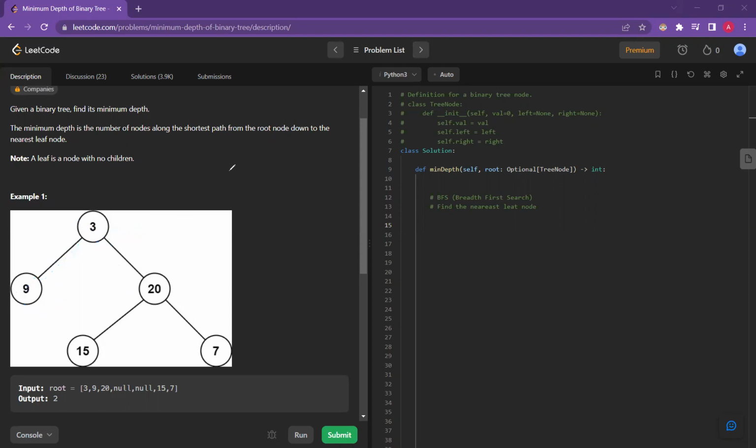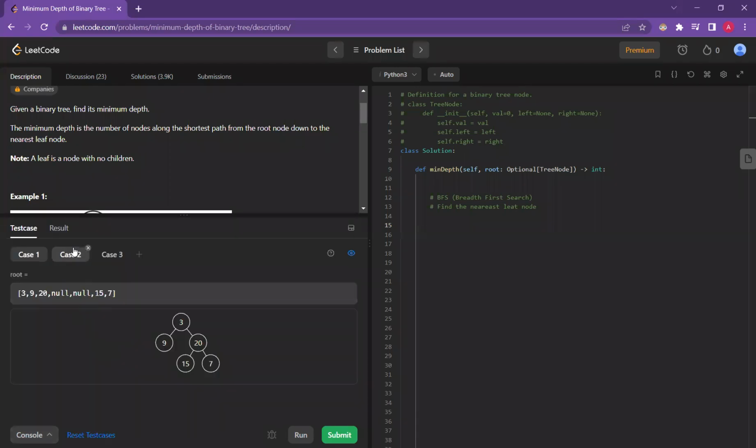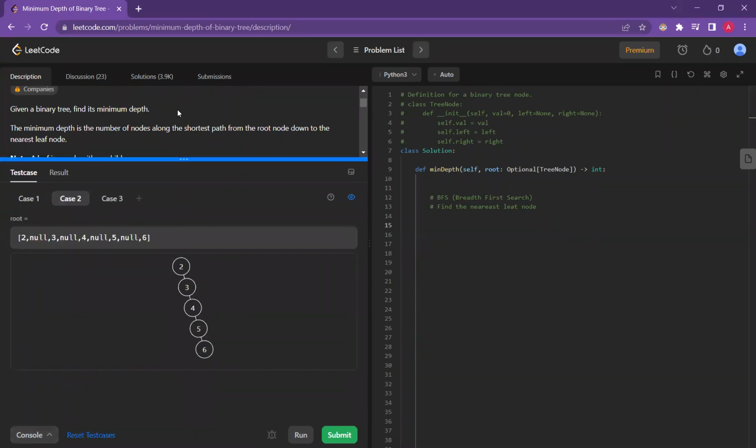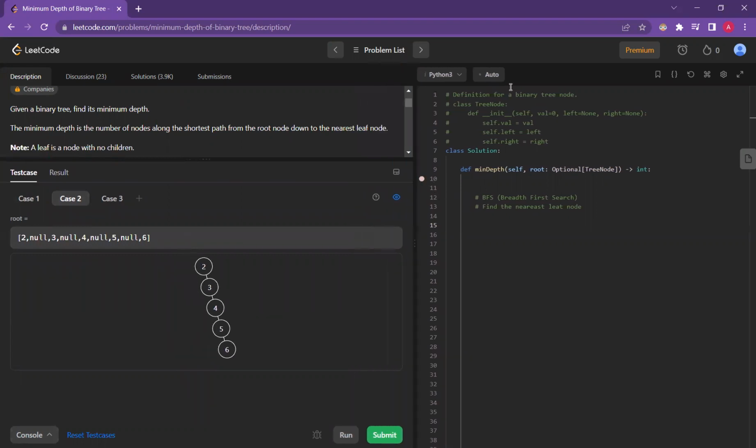But let's see here, there was another example, test case 2. I hope it's visible, guys, that the nodes only have the right nodes to go on, the right children. So even though it doesn't have a left, neither one of these has a left node, the levels are still increasing. This is level 1, this is level 2, this is level 3, level 4, and level 5. So the answer to this would be 5, and the answer to the above case would be